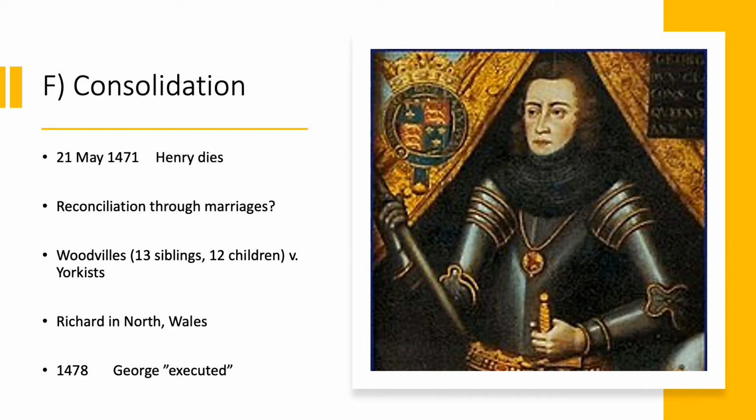George, remember, was married to Isabel. George was pardoned by Edward for his role in the rebellion under Warwick, but he continues to create lots of controversies. We don't have time to go into all those controversies. Eventually, after a false accusation of witchcraft, he is imprisoned, and he becomes such a liability to Edward that he is executed. That's in quotes because he's actually drowned in a vat of wine.